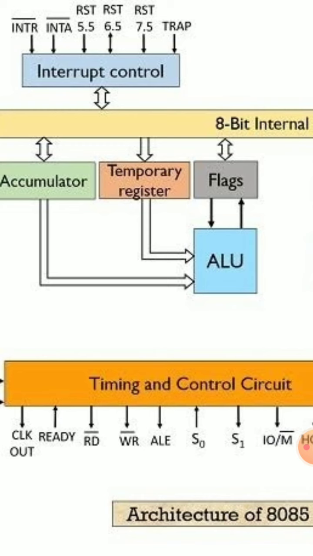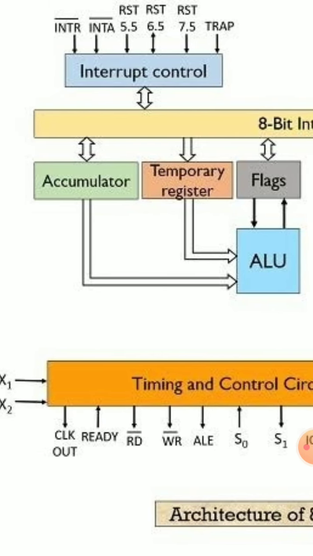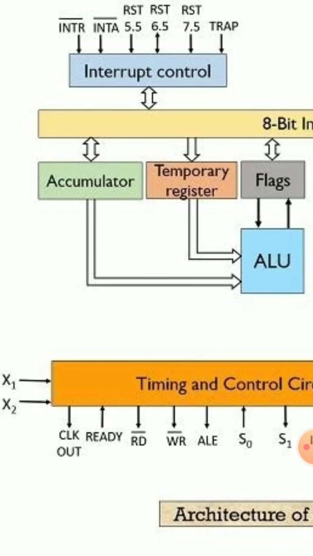All these I already explained in the pin diagram. The same operation applies here also, right? Then the RD bar and WR bar signals. What are they mainly used for? Reading and writing operations. For a reading operation, RD bar will be activated, for a writing operation, WR bar will be activated. Then the ready signal is mainly used to indicate whether the system is ready.